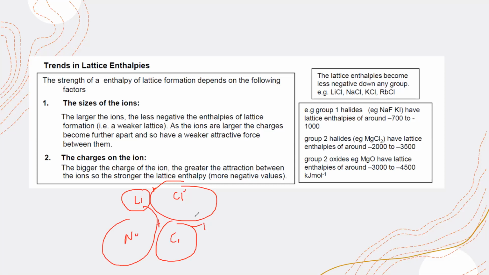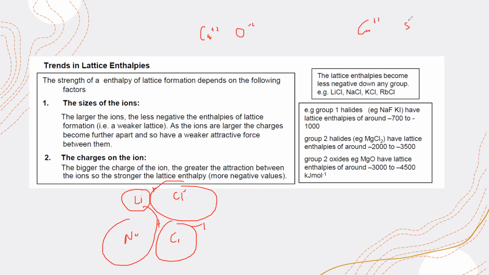So lattice energy is higher when the ions are smaller in size. Both should be smaller. And when there's a greater charge on them, it will have higher lattice energy. For example, when you compare calcium oxide with calcium sulfide,